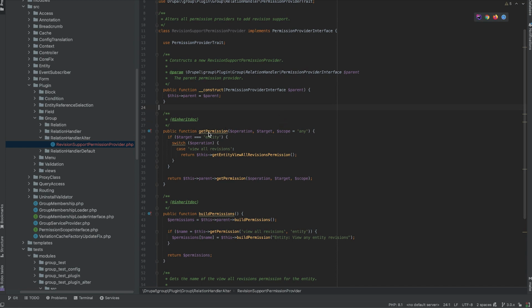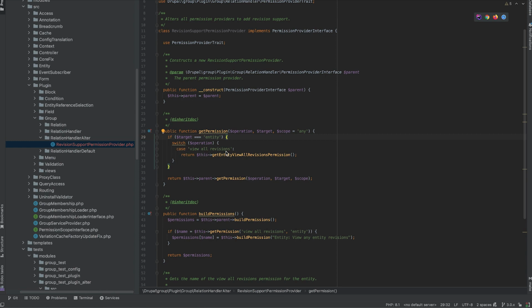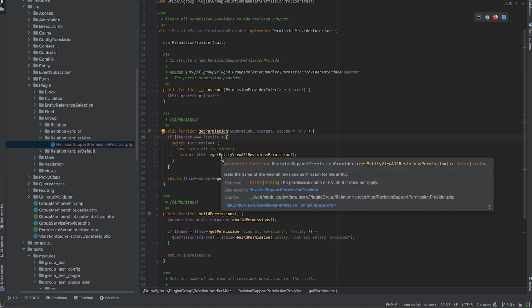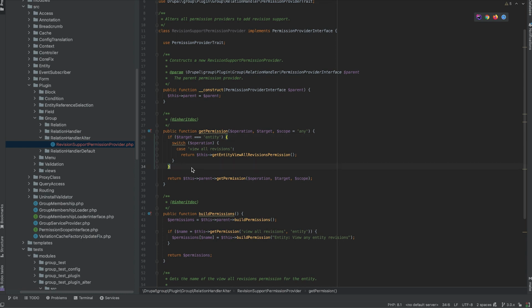So first we have this get permission method that we previously saw. And here I'm saying, if the target is an entity, so that would be the actual node, not the relationship, and any code asks for the entity operation view all revisions, then we're going to give the name of a group permission that matches that. As soon as we do this, group will determine access over that entity operation because now it is known to the system. If we aren't dealing with an entity and that operation, then we are simply yielding to the whole chain that came before us, in this case the parents, and asking them whether they know what to do with the operation